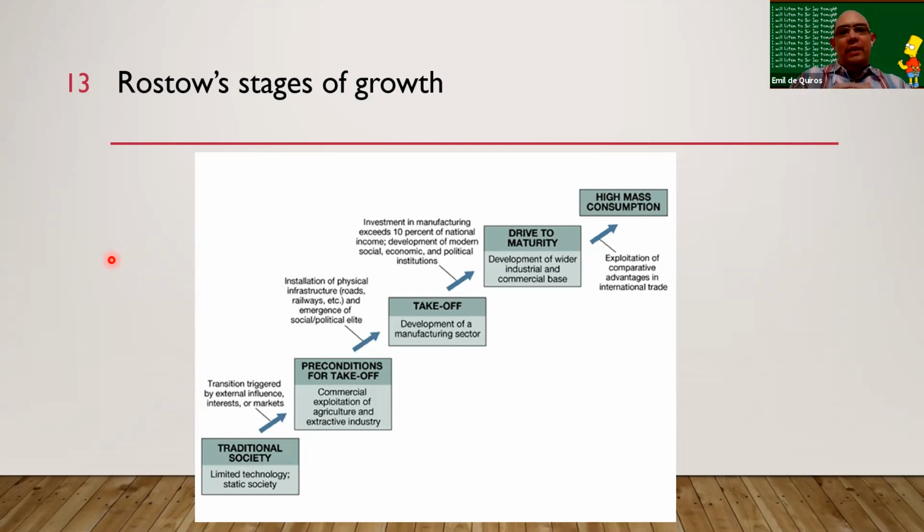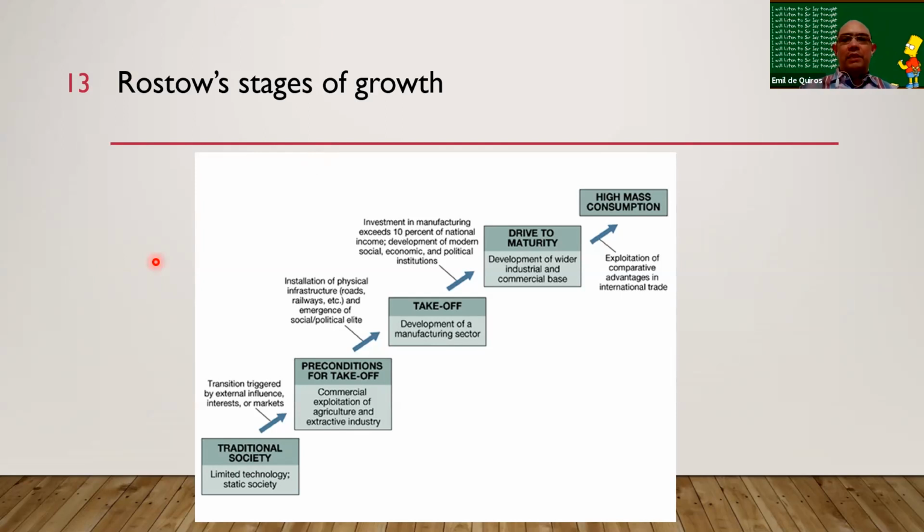So it's basically Rostow provided a general linear stages of growth. When I say linear, it means you have to go step by step. You can't jump. That's what we mean by linear. So it's basically 5 stages of development or growth. So he's basically arguing everyone starts out in a traditional society, agricultural. And it's not commercial agriculture, it's basically you plant because you need something to eat. So that's subsistence agriculture. So there's limited technology, and society is really backward.